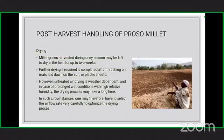Drying is another post-harvest handling method. Millet grain harvested during the rainy season may be left to dry in the field for 2 weeks. Further drying, if required, is completed after threshing on mats laid down in the sun or on plastic sheets. However, unheated air drying is weather dependent, and in case of prolonged wet conditions with high relative humidity, the drying process may take a long time. In such circumstances, one may